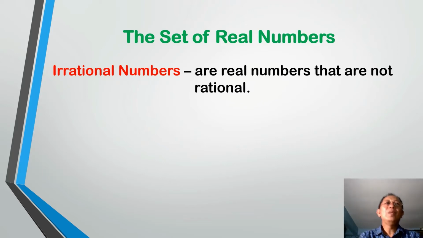So, if it is not rational, it is irrational. So, irrational numbers are numbers that cannot be expressed as the ratio of two integers. If it can be expressed as a ratio of two integers, that is rational. For example,